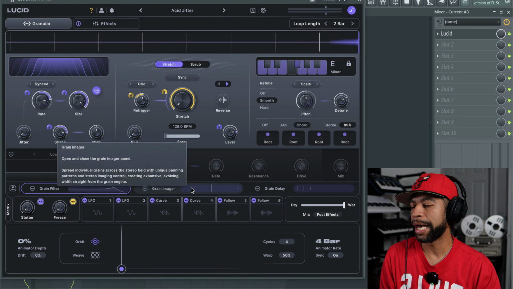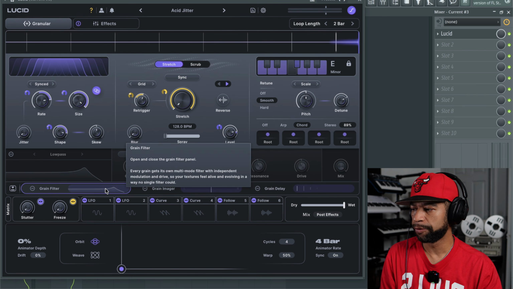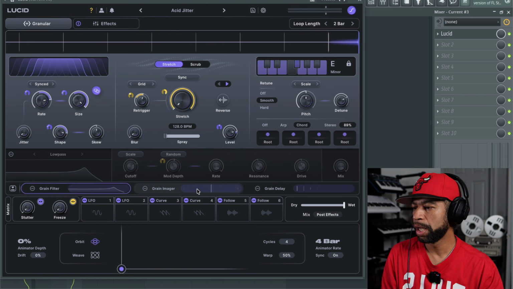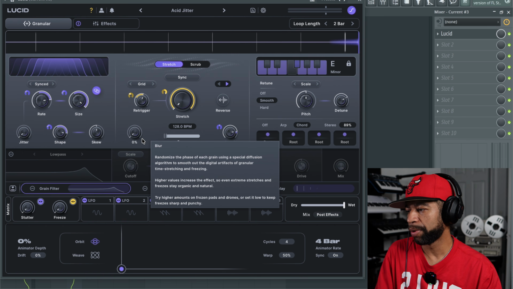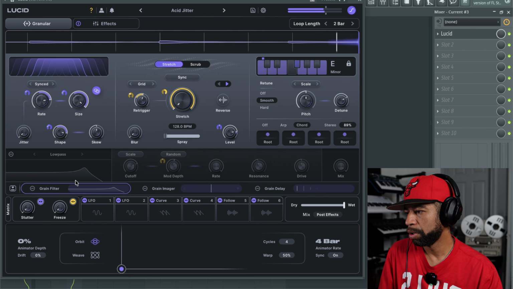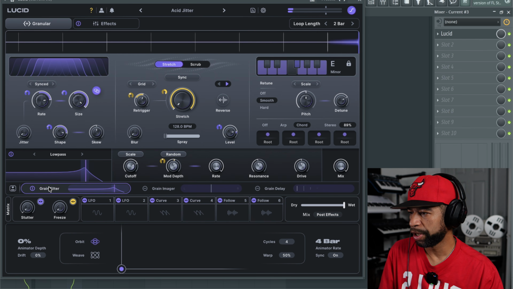I mentioned this at the absolute end of the video, but it needs to be mentioned before the end of the video because this is like the grain filter, the grain imager, and the grain delay. So like, let's say I push down a key right here, right? All right, now we can turn this grain filter on real quick. So bam, when we turn this grain filter on,